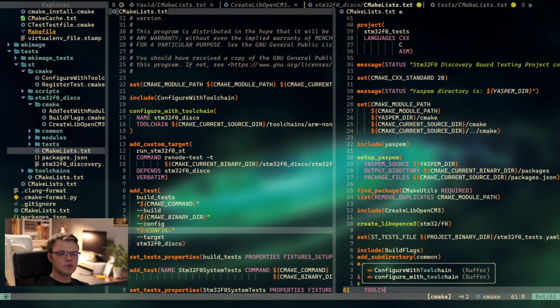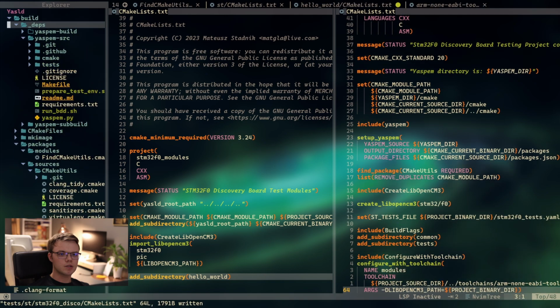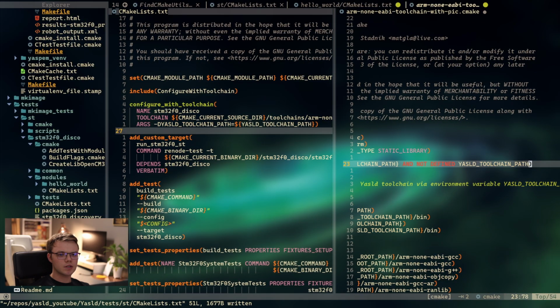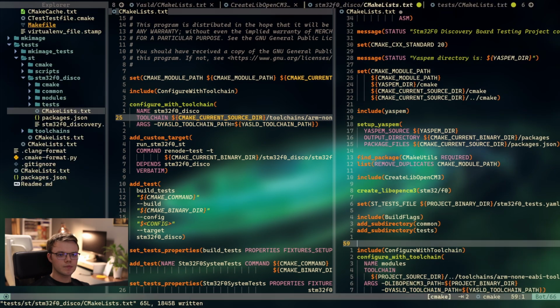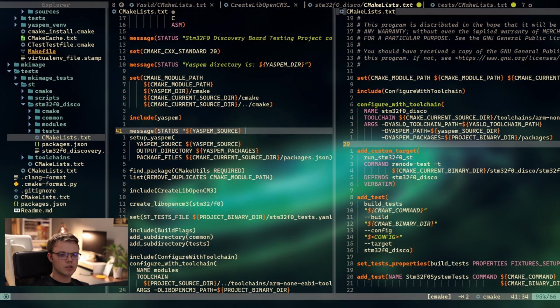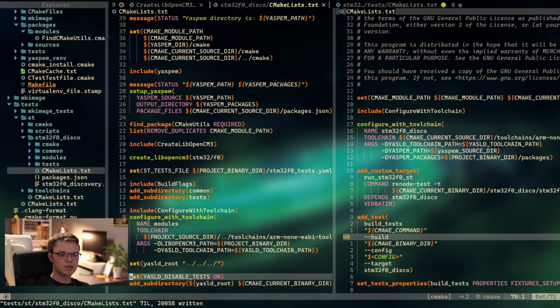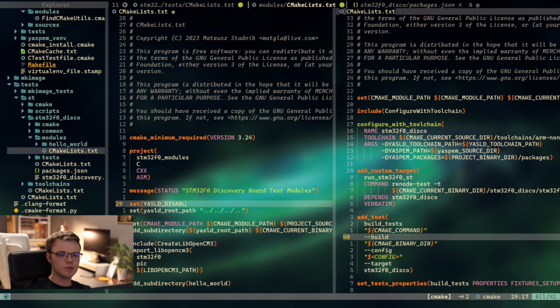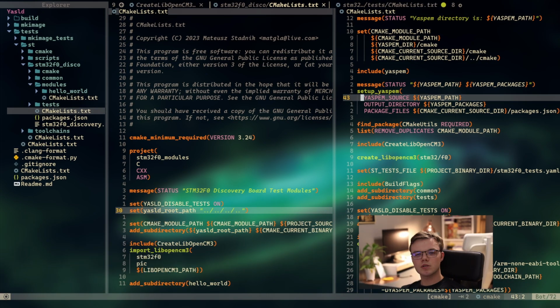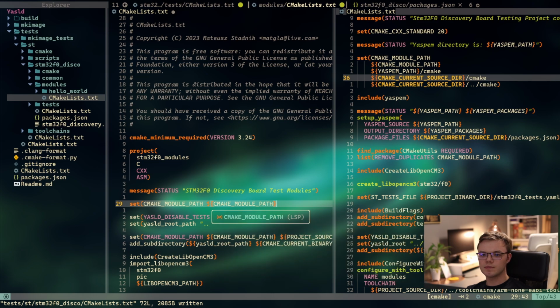I tried to share the Yasld package manager between sub-projects, but it created some problems, and it will be changed in the future. The Yasld disable test variable is important, because it prevents an infinite loop,